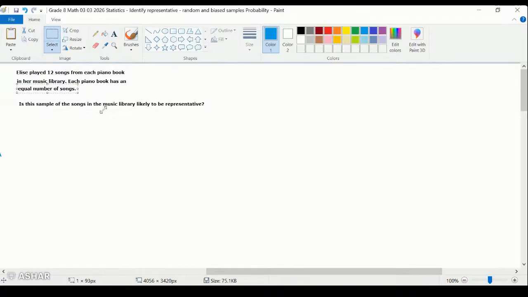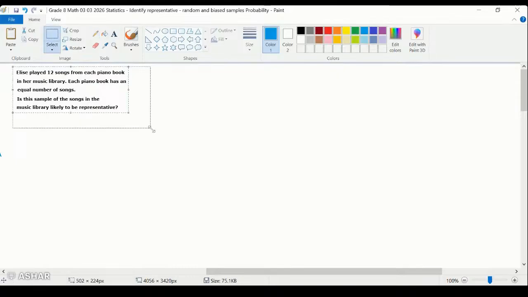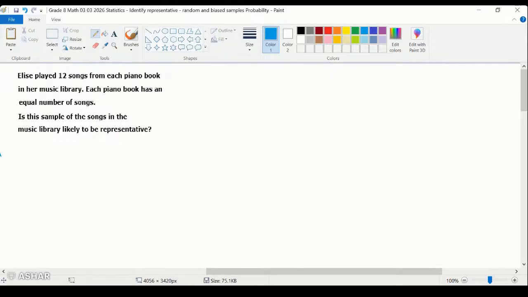Is this sample of the songs in the music library representative? Okay. Let's look at what representative is. If this was our question number 2,